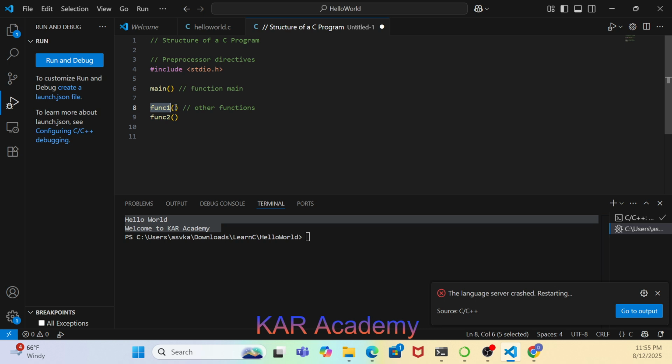Basically, the function name should not include special characters. It can be any arbitrary name. It can include numbers, but it should not start with a number. It should start with an alphabet, or it should start with an underscore, and things like that. We'll learn these things in the upcoming videos, but for now, just remember that you can define as many functions